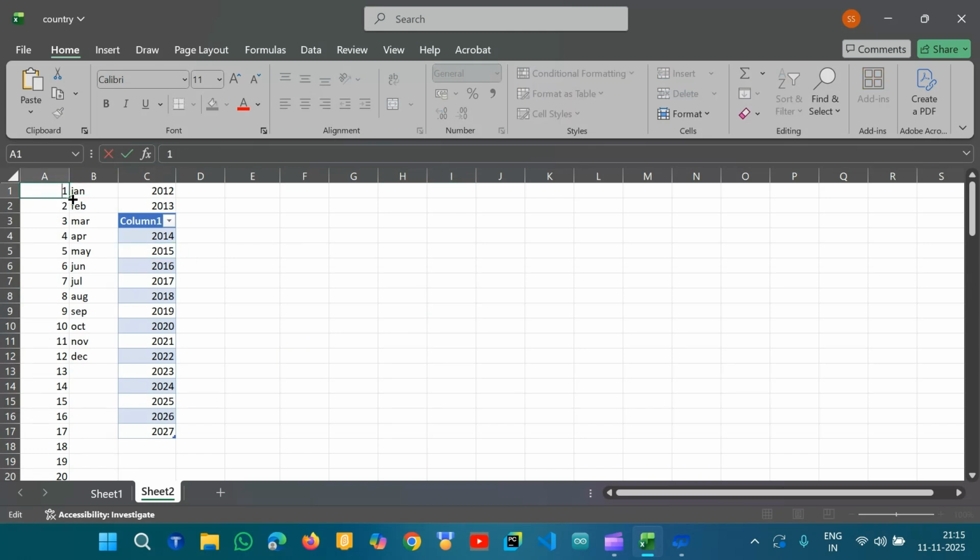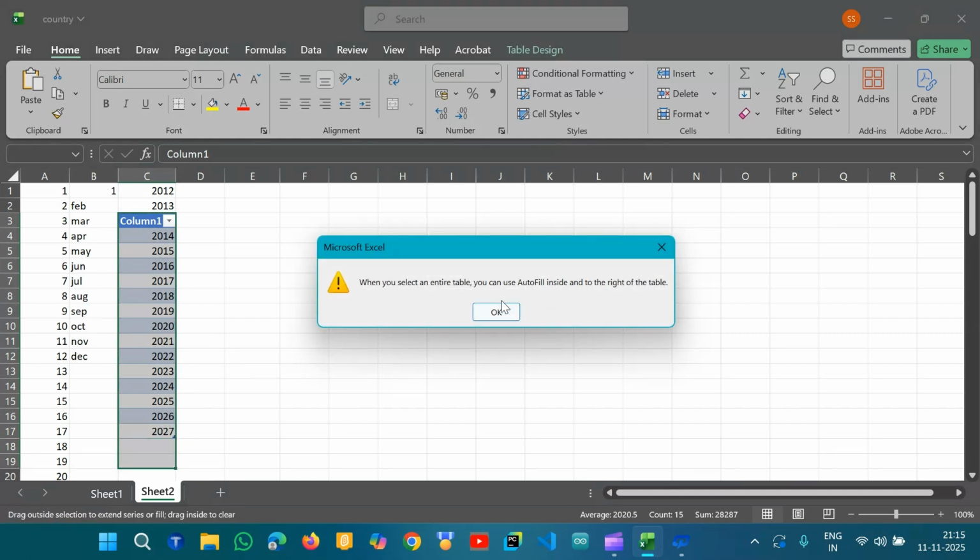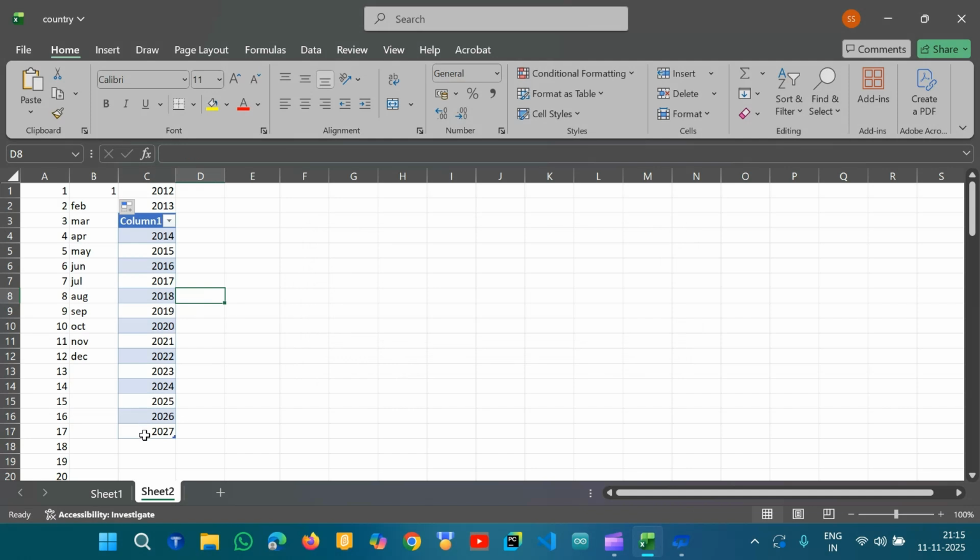because it got selected like this. Now, if I select this and press Control A, only this will get selected, not this. So you need to select the heading also. Now Control A, so the whole will get selected. Useful tip, na? Yeah, this is a useful tip. So everyone should remember. You should remember every shortcut because it's so important.